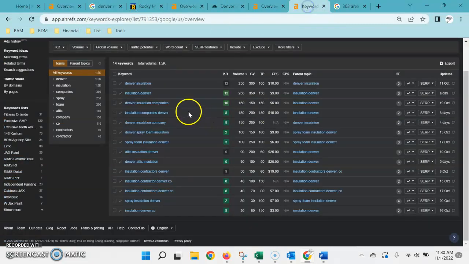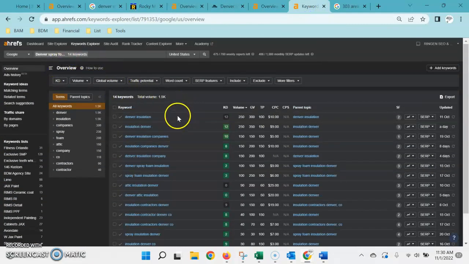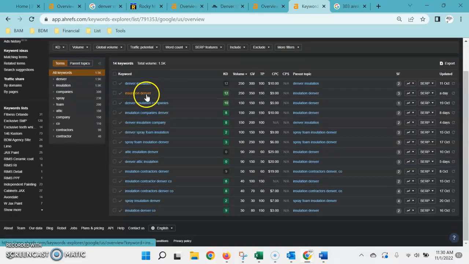So how this works as far as the keywords, we do a quick search. I just pulled up a few keywords here in Denver just to show you how this works. These are the certain keywords and phrases that are being typed into Google search, as well as the volume, the number of times per month they're being searched. So this is where doing some research, both in the local area and on some of the competitors' pages, we find the highest volume keywords relative to the services you offer and the areas you want to be found for, and making sure that those are being included and ranked on your page.